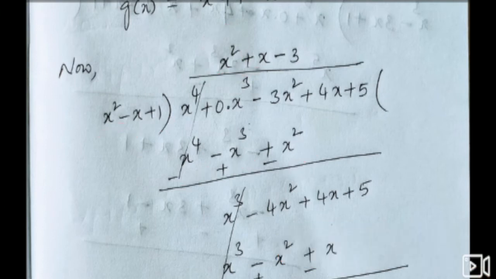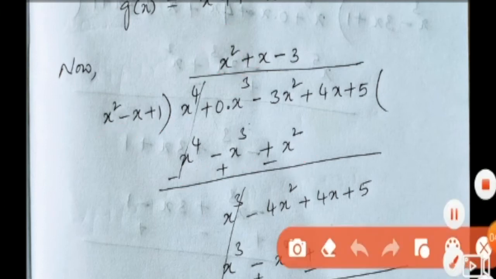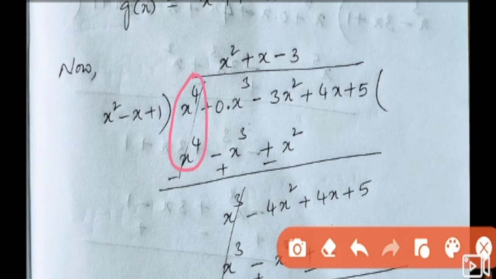Next, after that, here x to the power of 4 and x to the power of 4 are both positive. To cancel it, we have to subtract. So when you are subtracting it, you will get the opposite signs. Then it will be cancelled. And before that, here